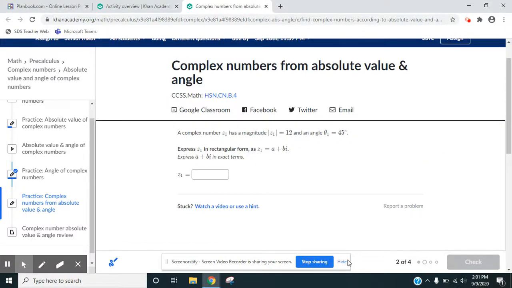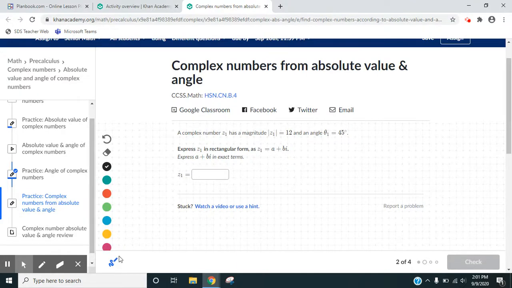All right, next assignment, we're going to talk about complex numbers from absolute value and an angle. So you will be given the absolute value or the magnitude. That's the same thing. That's what we covered in an earlier lesson, and you'll be given the angle. All right, so basically what we have here